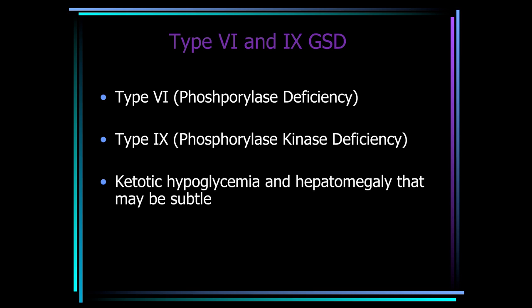But one thing to keep in mind is that there are multiple subtypes of type 9, and the one that is most common, affecting probably 80%, is X-linked. So you generally see boys affected. And in fact, that X-linked form of type 9 is the only one of these that's not inherited in an